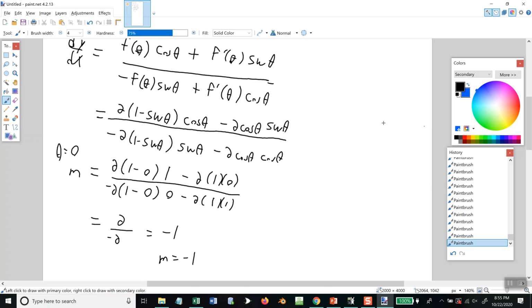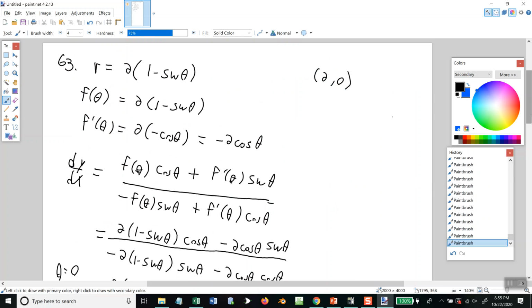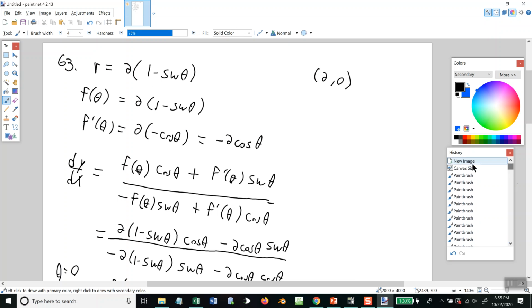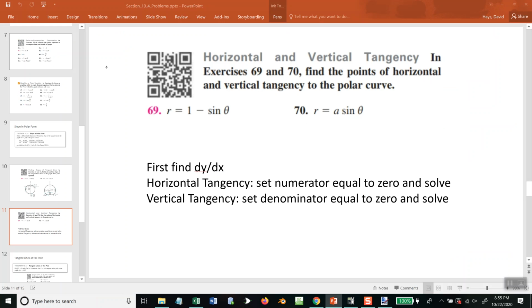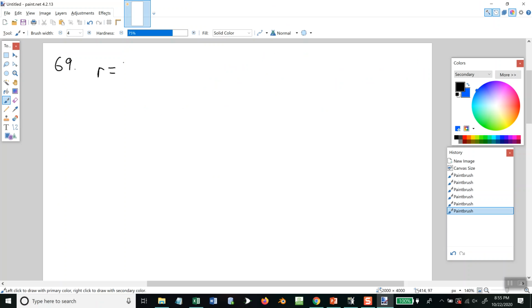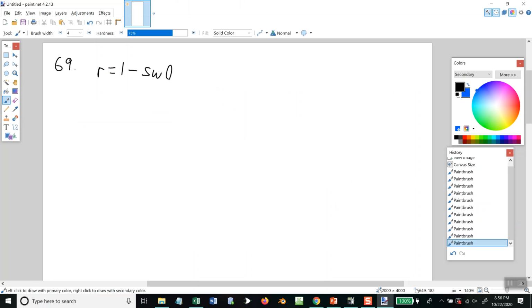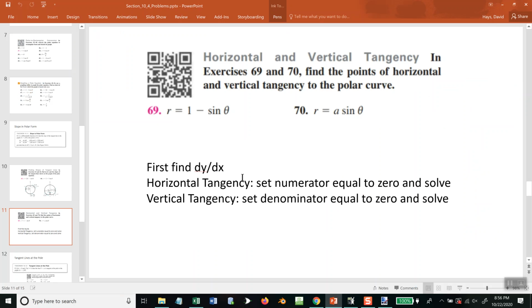So, look at number 69. Now, one thing that really threw me on this one, then I remembered from Calc 1, you guys may remember it right off the bat, is you cover it in Calc 1, sort of, kind of mention it, if your instructor did right by you. Now, first, find dy/dx. That goes back to